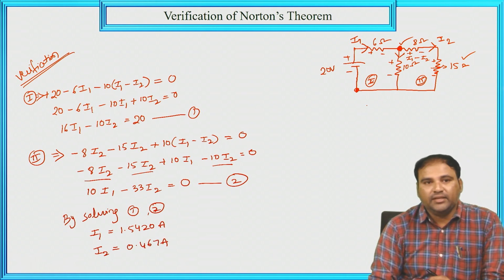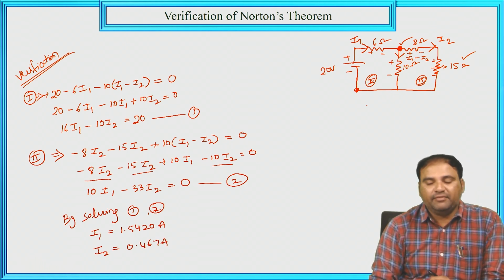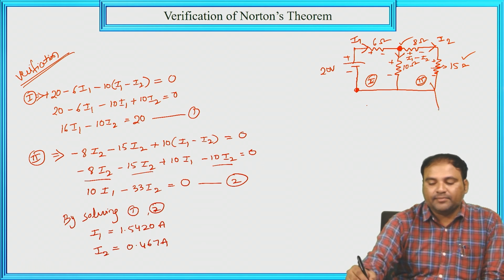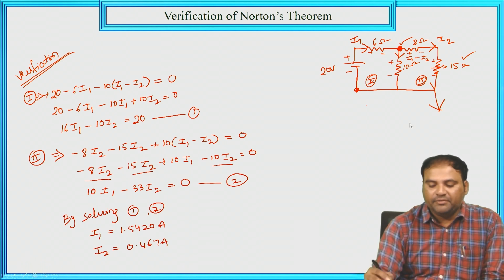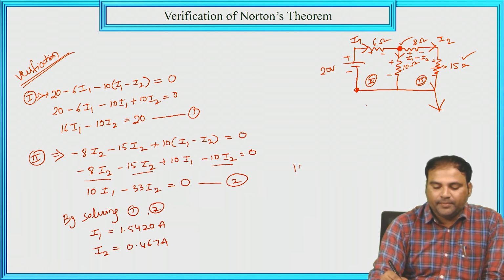These are the loop currents. But here we need the second loop current, which is nothing but I2. I2 is the current through the 15 ohm, so the current through 15 ohm is I2 or IL, that is equal to